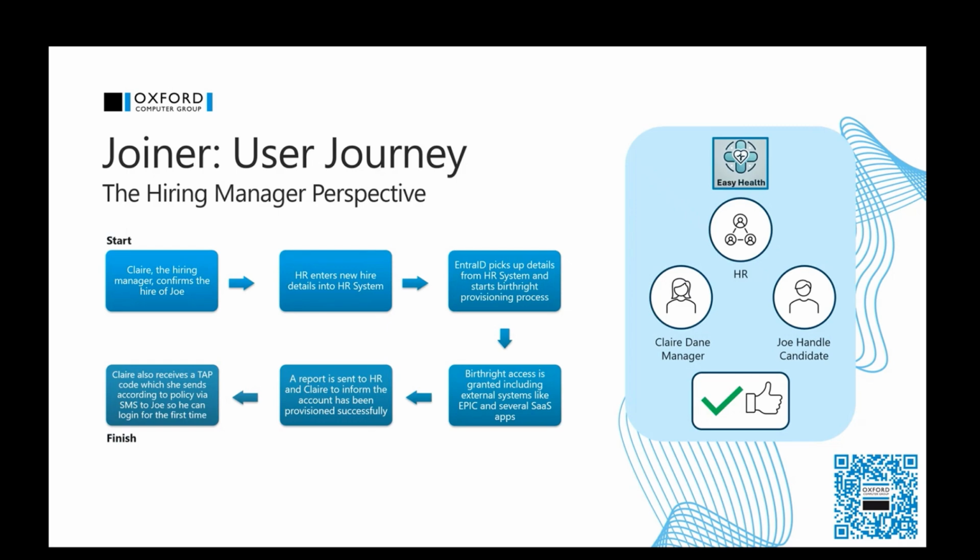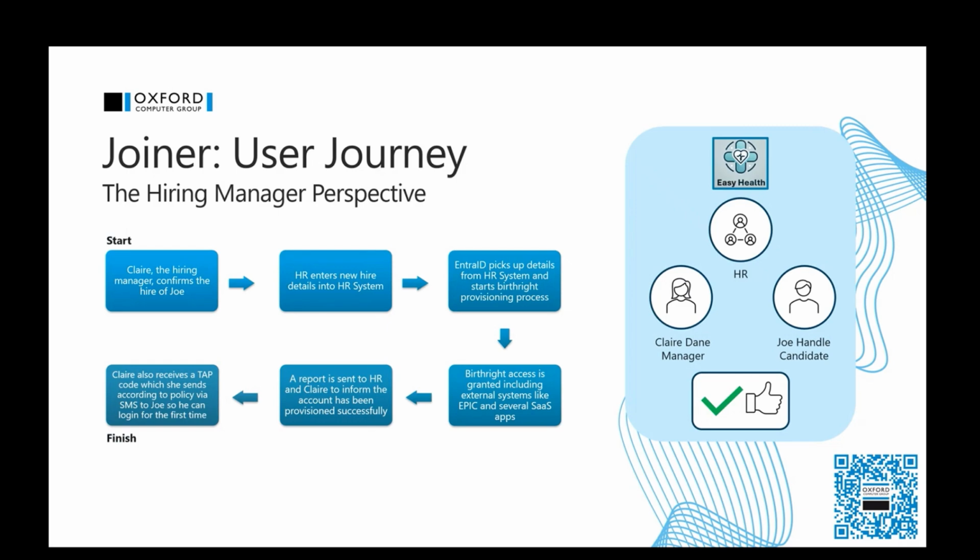With the permissions applied, the next part of the workflow is to provision downstream access. So given the birthright access package, we see that an email address needs to be established, Office 365 apps, and several business apps also need to be provisioned, with other functionality in external systems like Epic and a few